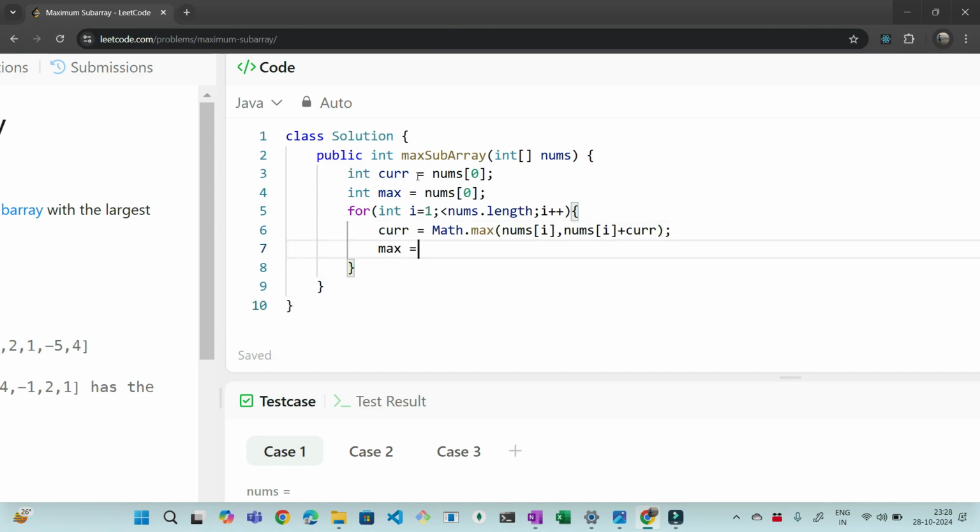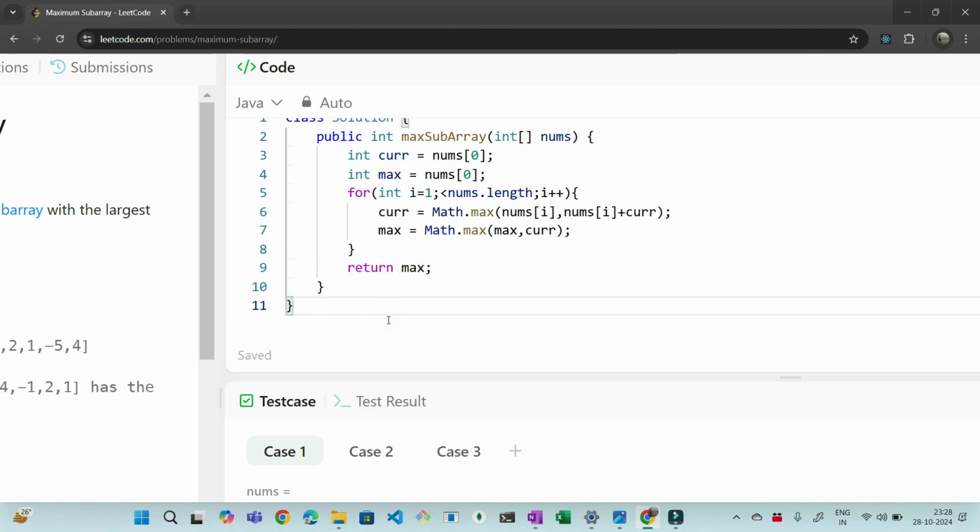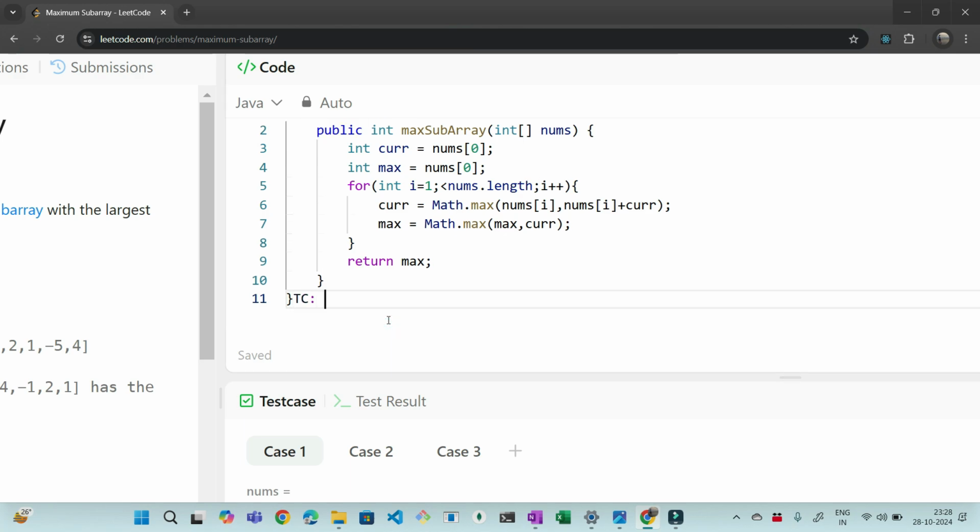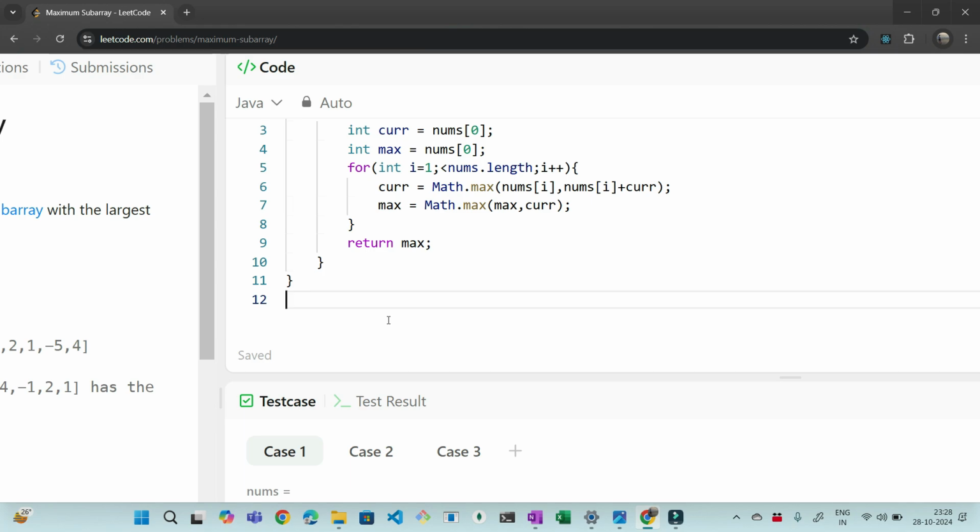Max equals Math dot max of max comma current element. This is our core algorithm, and at the end we are going to return the answer as max. Once we are done with this loop, the answer will be in the max variable. And this algorithm is going to take time complexity of big O of n